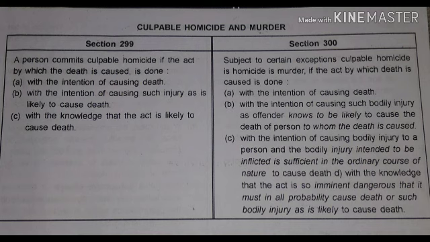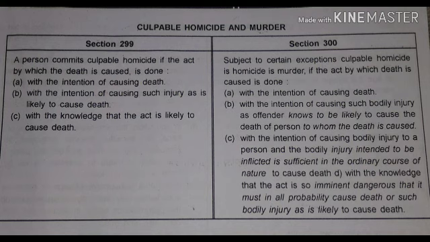If the act is so dangerous that it leaves no scope of survival for the person, it is murder. Murder's punishment is harsher than culpable homicide. I can also conclude by saying that whether the act comes under culpable homicide or murder depends upon the discretion of the court, as in many cases it has been observed that different courts give different opinions for the same act. Now we will discuss the sections of these two.